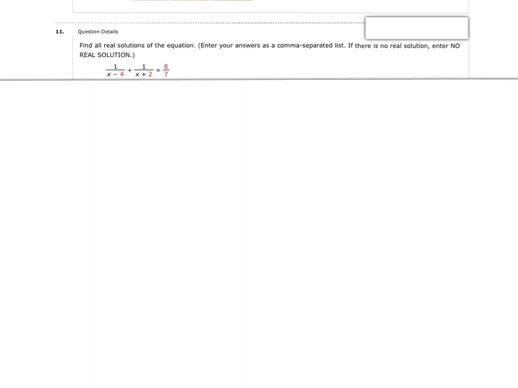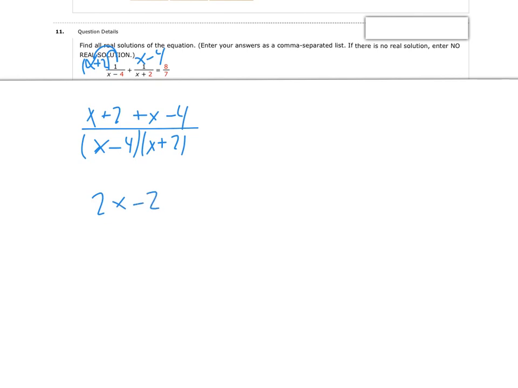All right, next up here, we're going to create our common denominator again. So I'm going to multiply this one by x plus 2, that one by x minus 4. So we got x minus 4 times x plus 2 on bottom. On top, we're going to have x plus 2. Technically, we're distributing the 1 in there, plus x minus 4. And that is 2x minus 2 over x minus 4, x plus 2